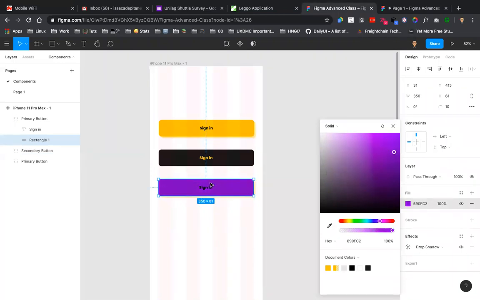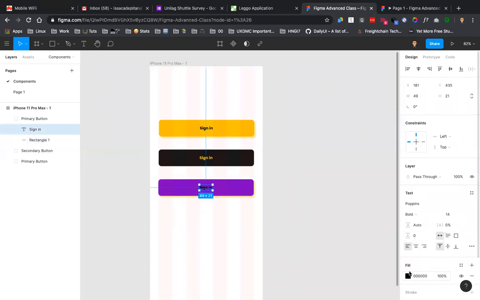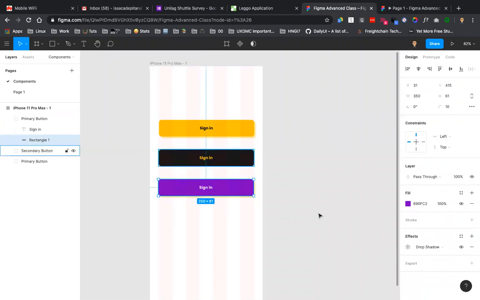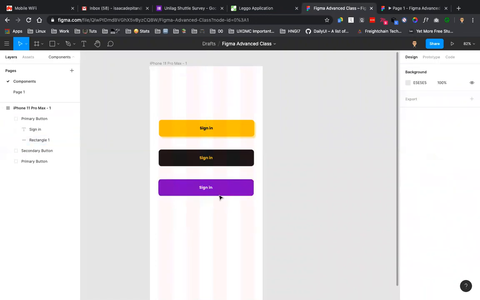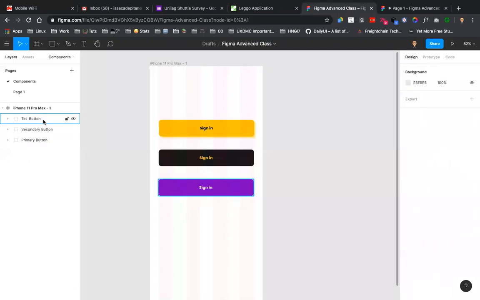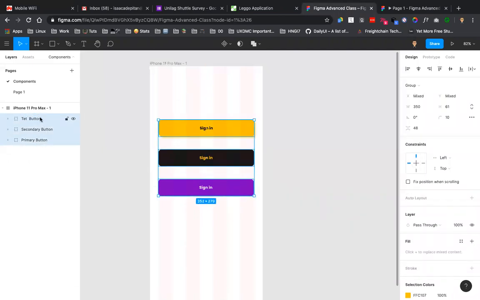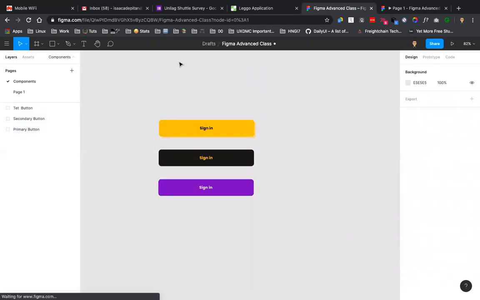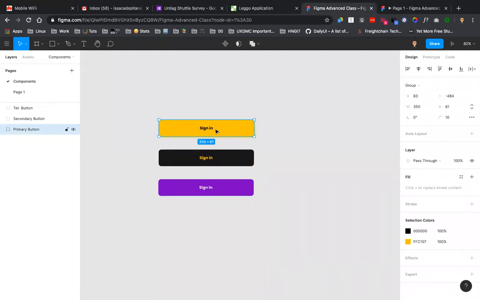Let me drop you. And then let me make the text white. Okay, and then we don't want a drop shadow for this. So let's name this our tertiary button. Okay, so now we have all these. Let me just take them out of the frame. Okay, so I can pick this and then because it's already grouped, I come up here and then I